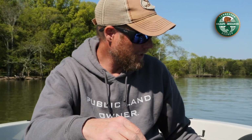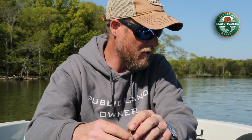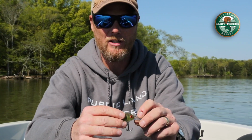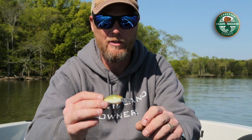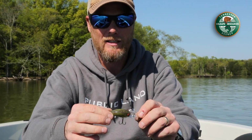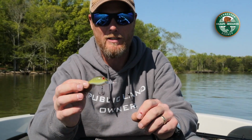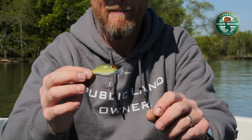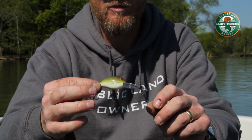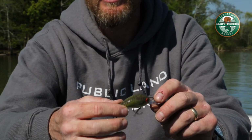When the fish start getting even shallower, when you start throwing that DT6 and you know you're catching a lot of them, you can actually start throwing other crankbaits as well. This is a Bandit 200, which dives to about 6 feet as well. This bait is a good all year crankbait. You can throw this in the dead of summer and still catch them when they're 0 to 6 feet deep,